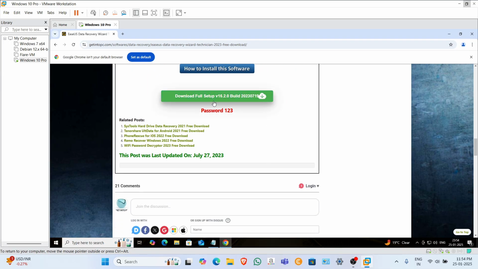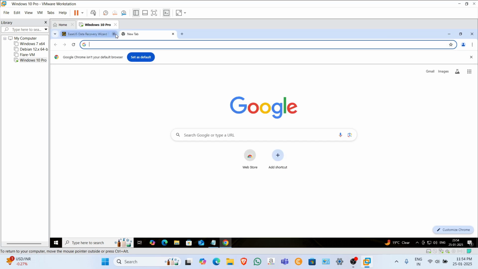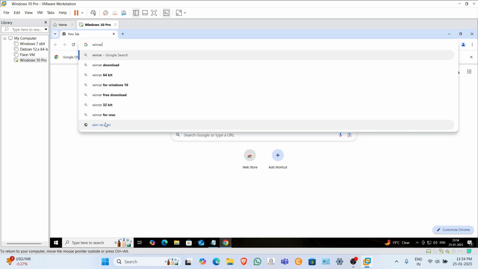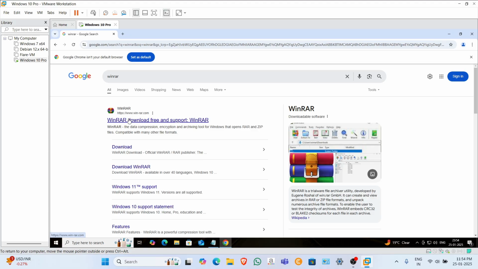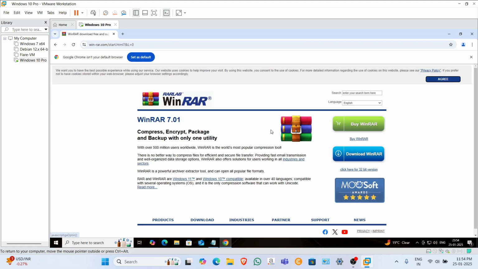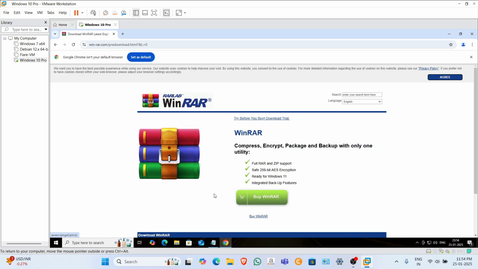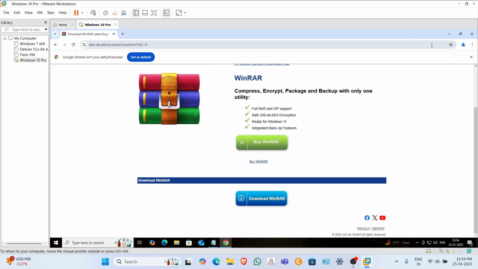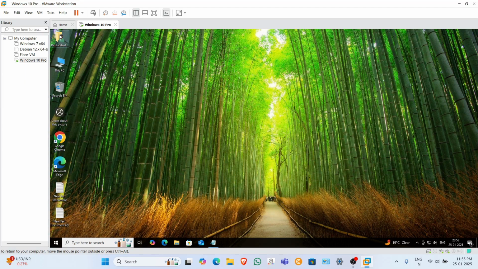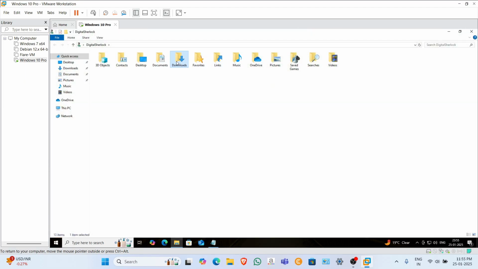and download the full setup here. You can see that the password is 1123. Because this is a zip file, we need an extractor, and for this the best extractor is WinRAR. So I recommend you download WinRAR, just download it here and it will be downloaded in your browser. So I already downloaded those two files here,